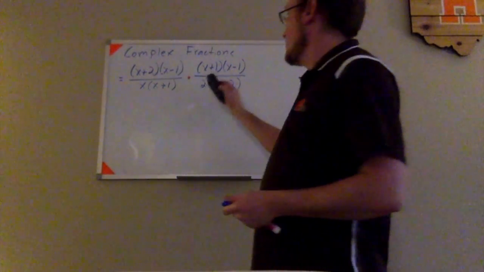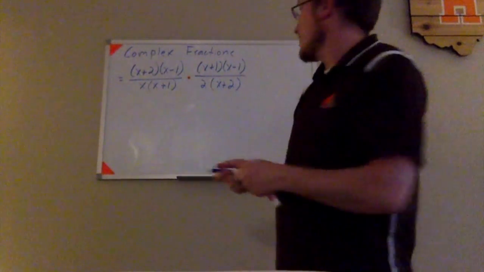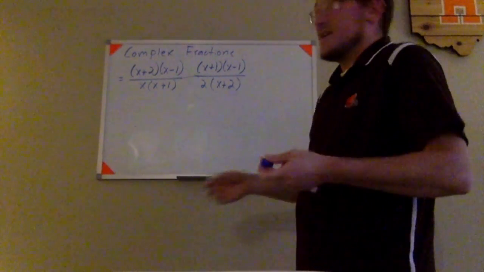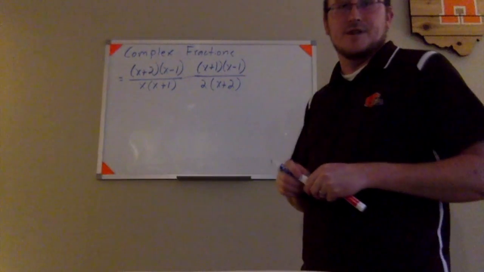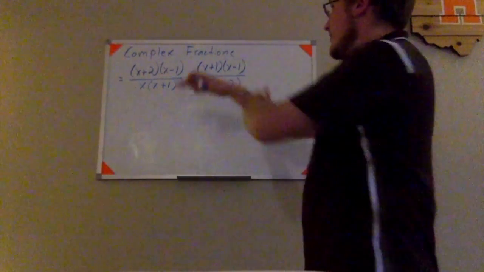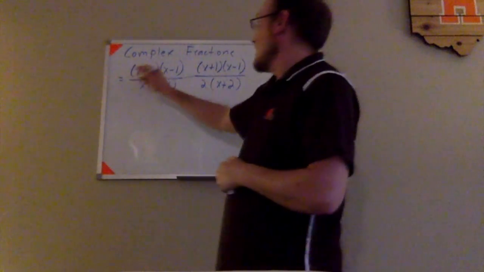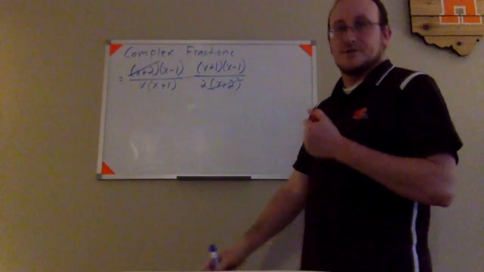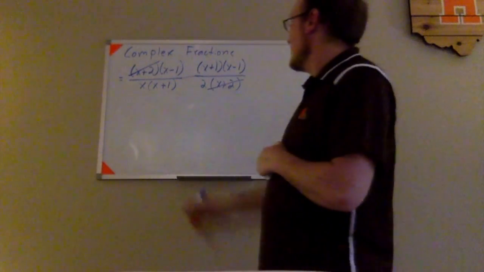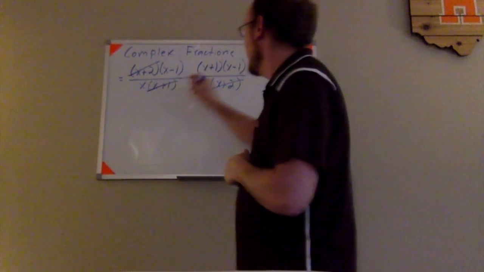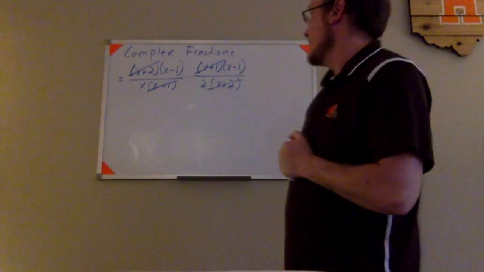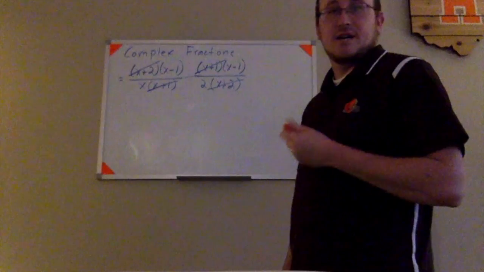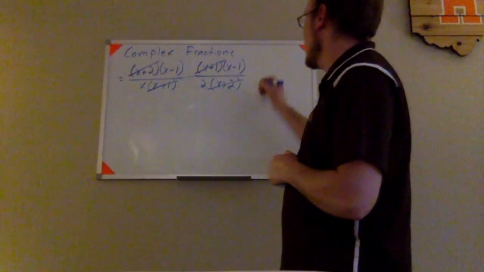At this point, since it's multiplication, I just multiply straight across, so this might as well just all be one fraction like that. And now I can start trying to cancel some common factors that I see in the numerator and the denominator of this whole thing. Here I see an x plus 2 in the numerator. That x plus 2 can take out that x plus 2 from the denominator. Let's see. Here I see an x plus 1 and an x plus 1 that can cancel out there. And that looks like all the common factors that I can cancel out of both the numerator and the denominator,